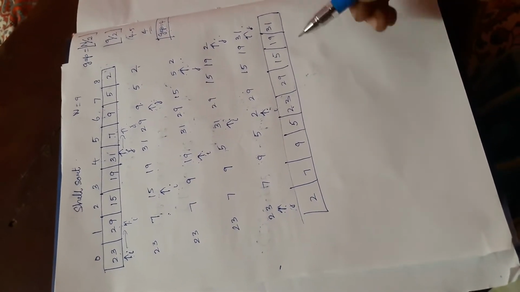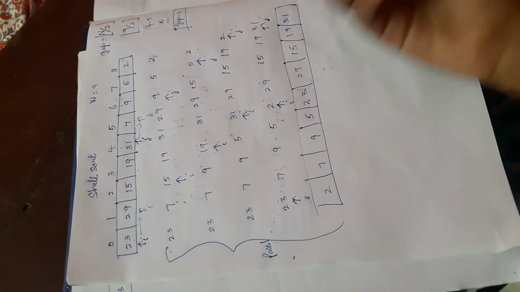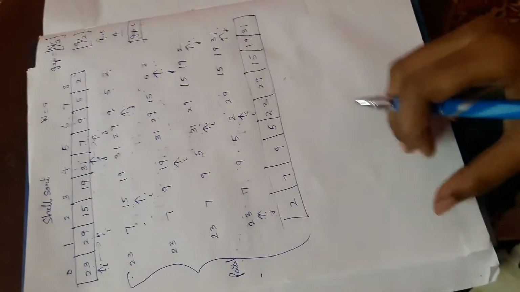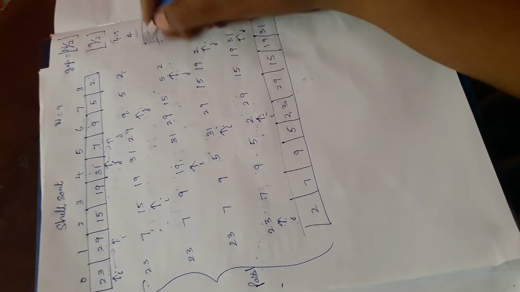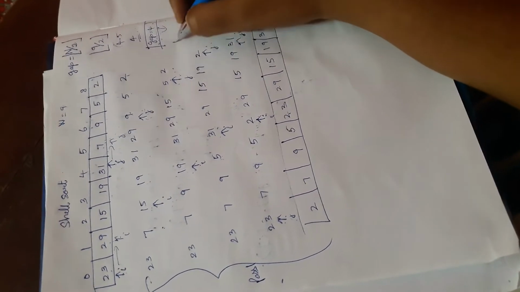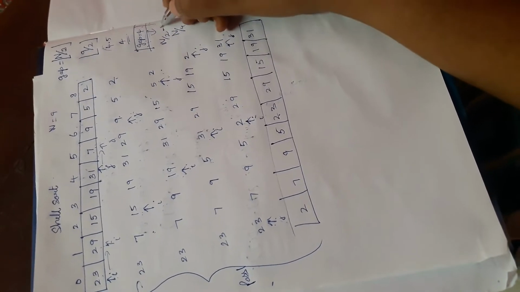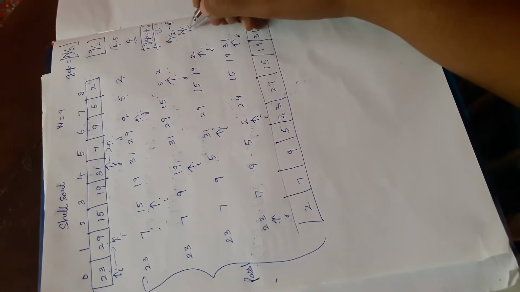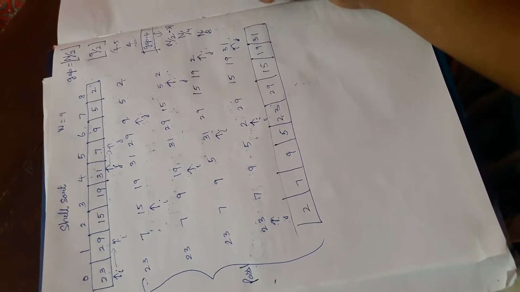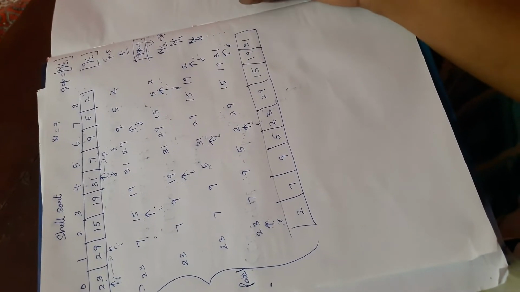So again, what I have to do is this is pass 1. Okay, so gap is 4. Now we have to decrement the gap to a smaller value. So always listen, gap will be decremented in this way: n divided by 2 for pass 1, next value n divided by 4 for pass 2, pass 3 n divided by 8, and so on. Okay, so at the position where the gap value is equal to 1,